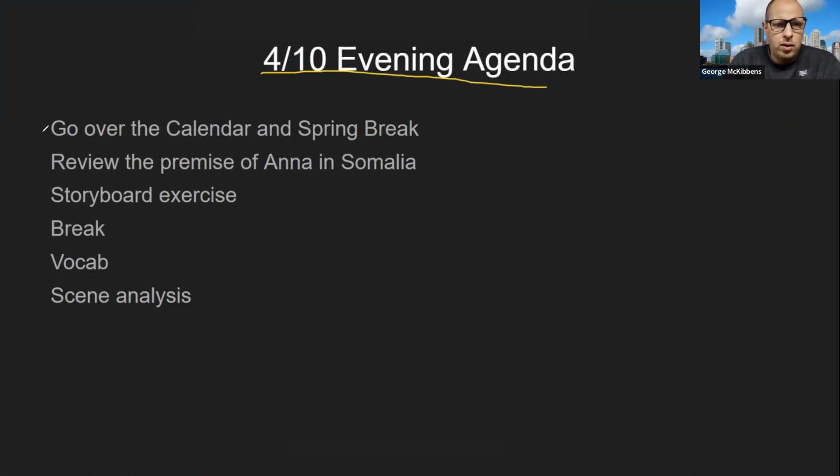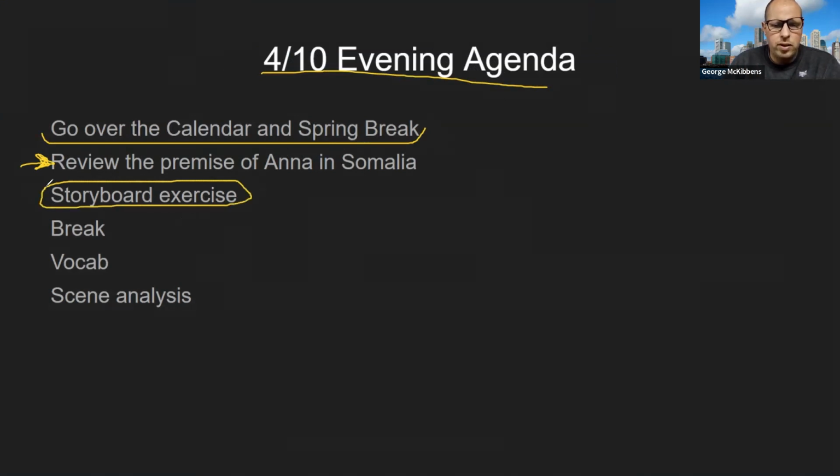I'm going to start out by going over the calendar and reminding everybody when the spring break holiday is. We're going to go over the premise of the story that we're looking at. It's a very riveting story. And then I'm going to introduce something called a storyboard exercise. And it'll be an exercise in